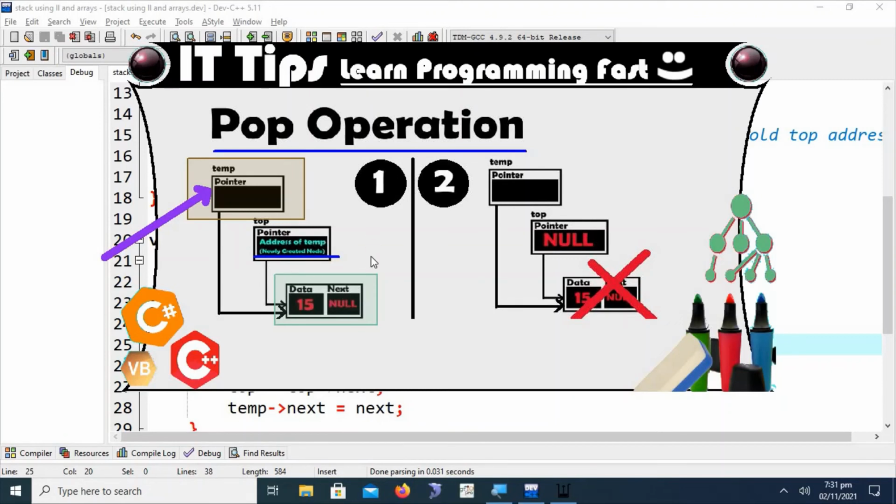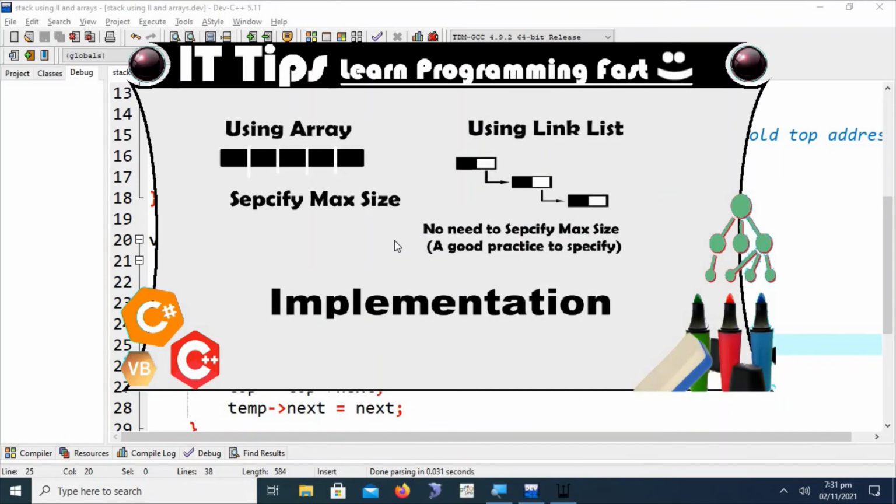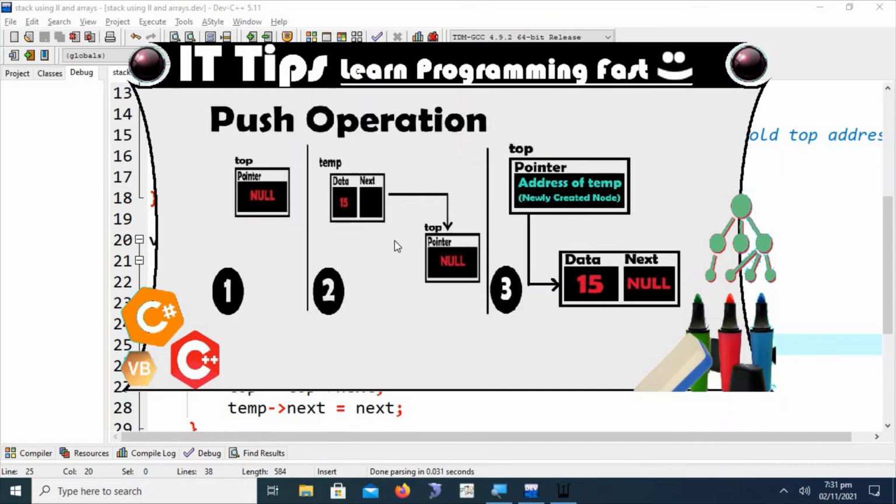Top dot next contains null, so now the top pointer contains null, and in the last line we say that temp dot next is equal to null, meaning we are removing this node that is holding the address of the node contained by the top. Okay, this was the push and pop operation using linked list.